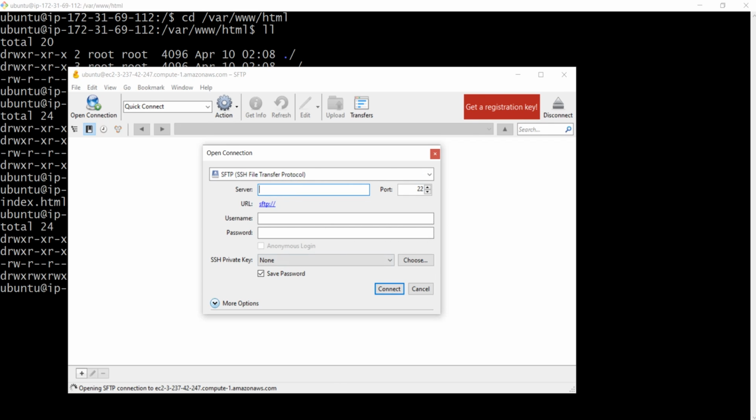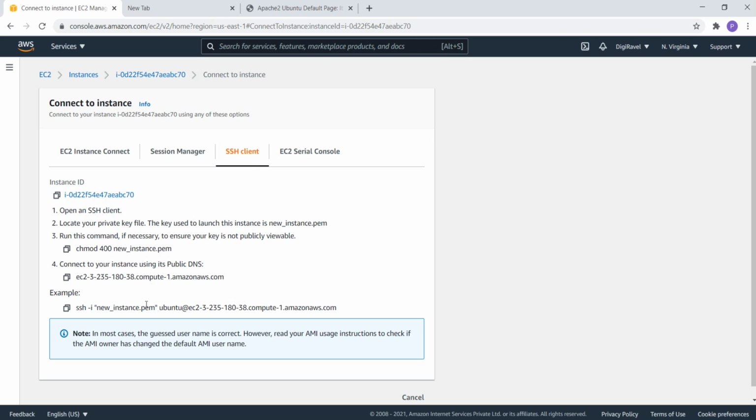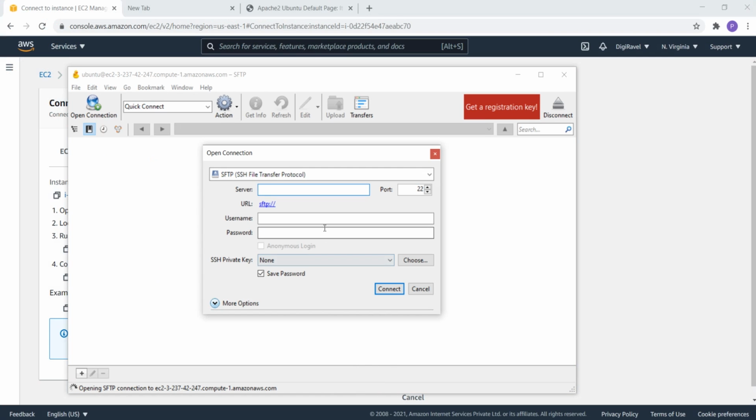In the place of server, you need to give your instance name, or you can give your public IP also. The username is Ubuntu, and you can directly connect.